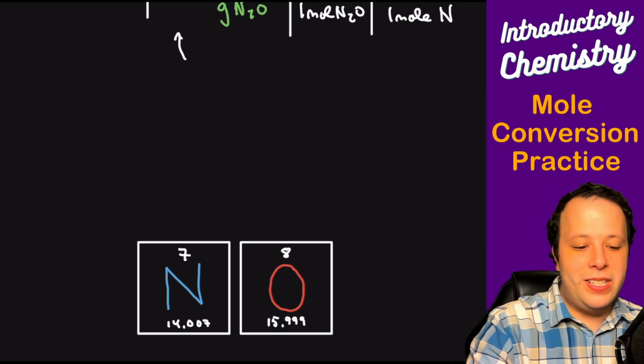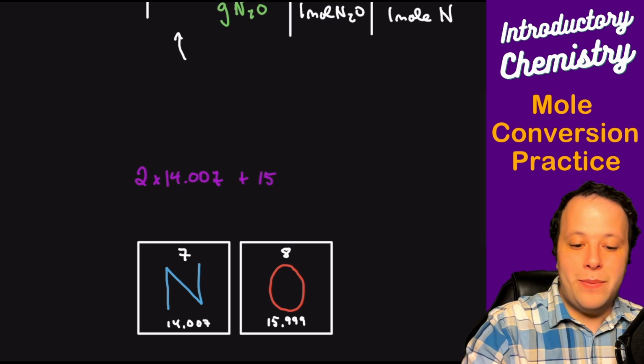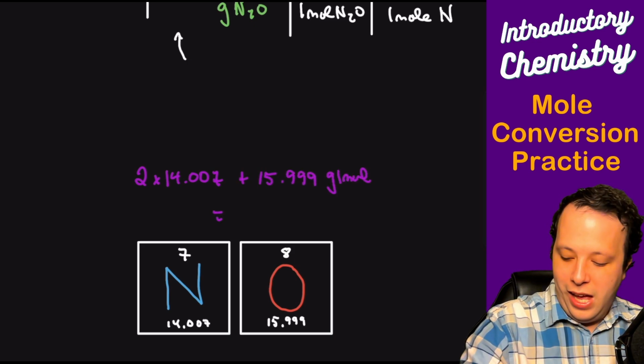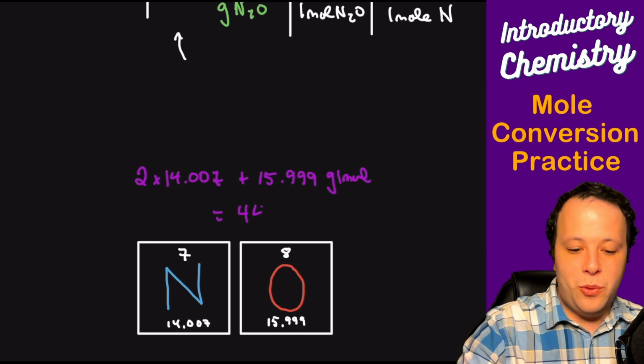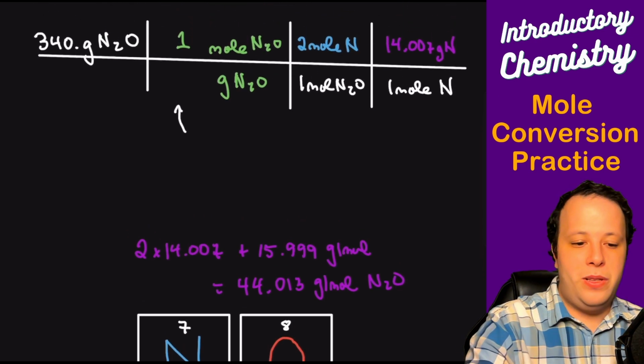So what we're going to do is take 2 times 14.007, add that plus 15.999 grams per mole. And what we are going to end up getting is 44.013 grams per mole for N2O. So we're going to plug that value in,